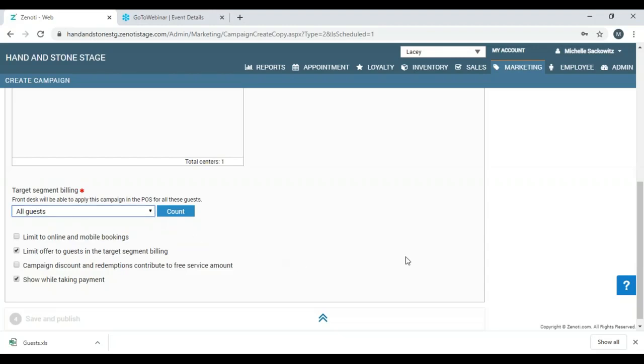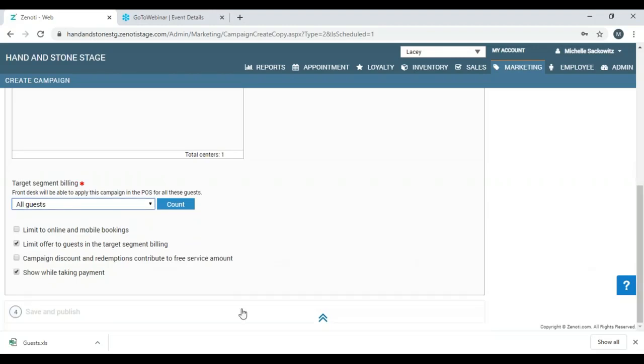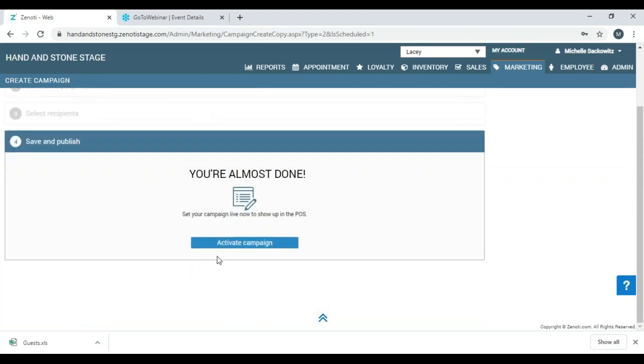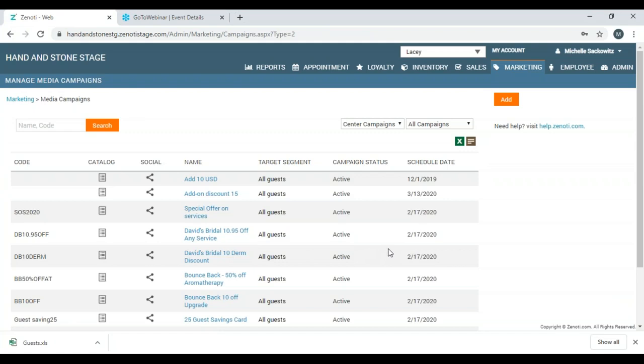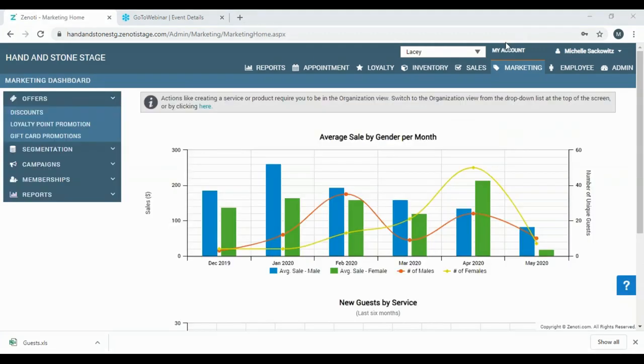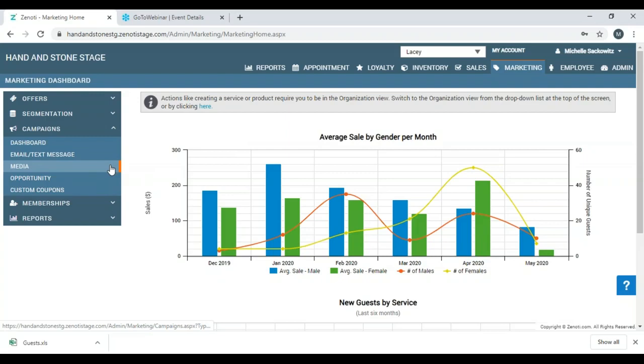The next step in this is to save and publish. You're almost done. Set your campaign live now to show up. To check that your campaign was saved properly, go back to the Marketing tab and then choose Campaigns, Media,